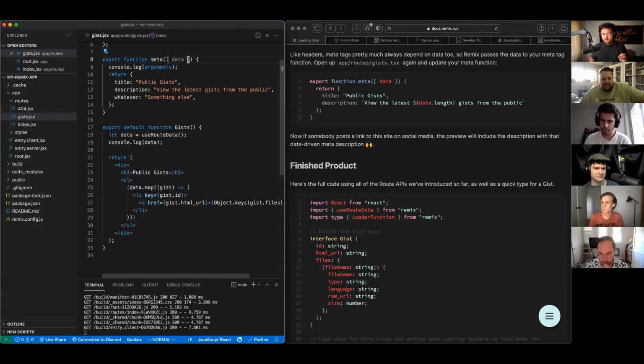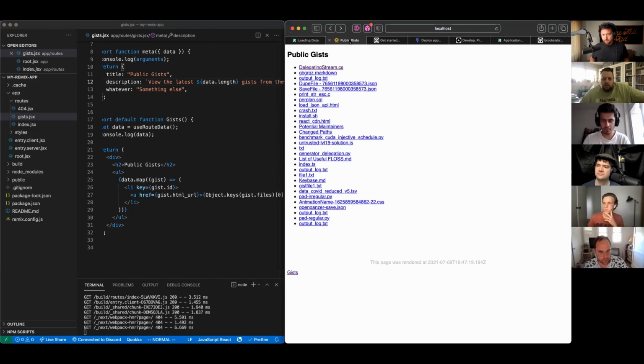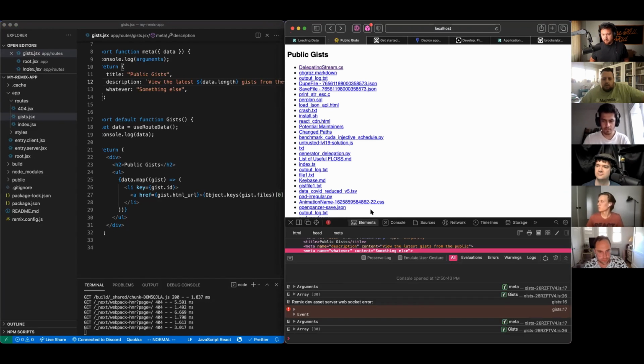We're going to destructure the data property off of this object and then use it to, so this is gists data from the public,